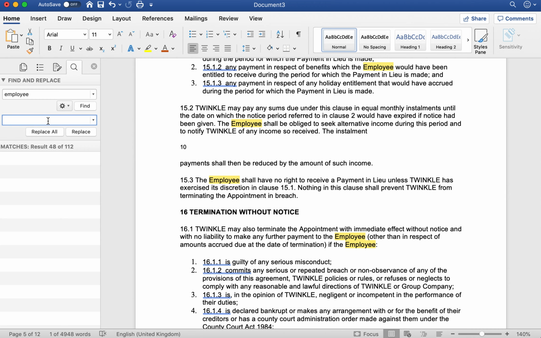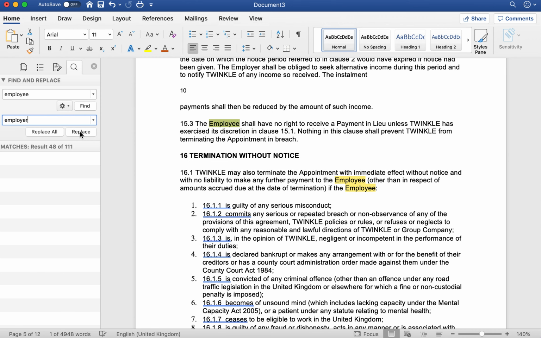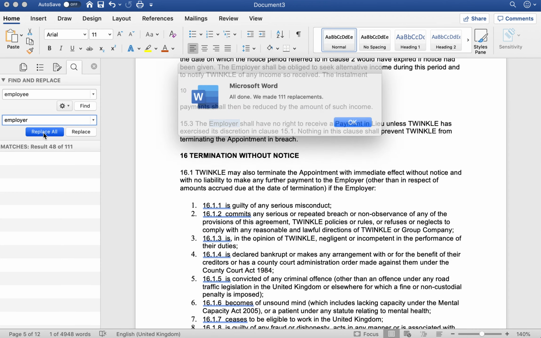So you could put anything you want. So I'm going to put in employer. And then if you click replace, that would do one at a time, or whichever one you want to replace. Or if you would like to do the whole document without any time and hesitation, just click on replace all,